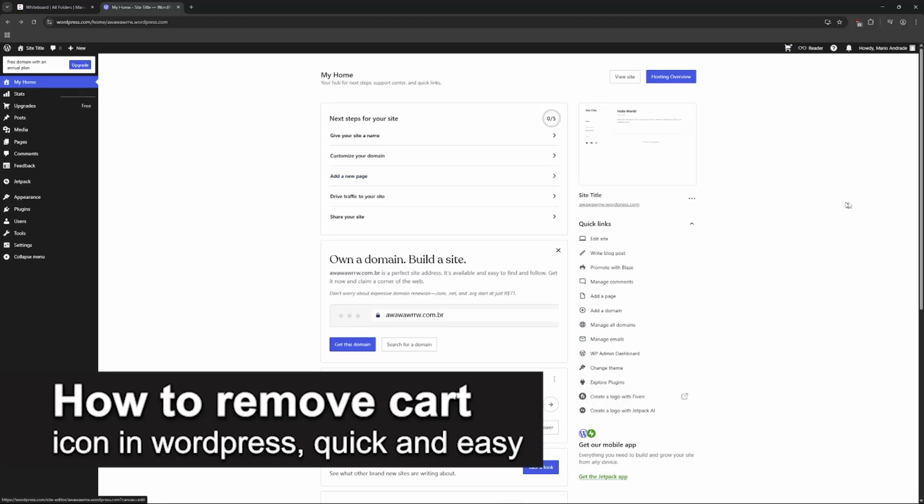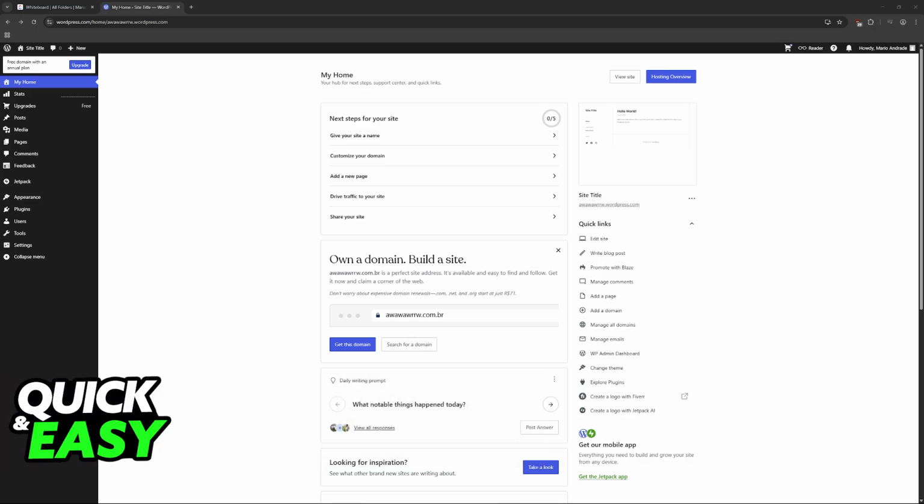In this video, I'm going to teach you how to remove Add to Wishlist button in WordPress. It's a very easy process, so make sure to follow along. If you would like to hide or completely remove the Add to Wishlist button in WordPress, there are a few